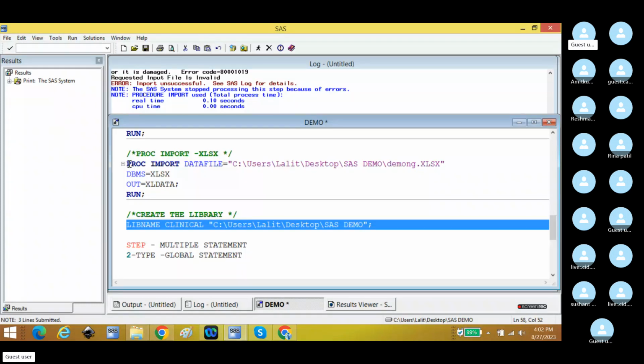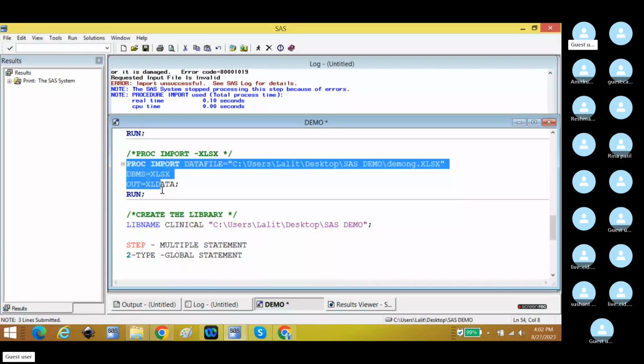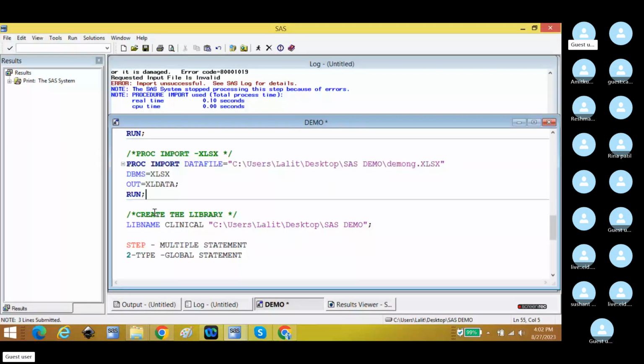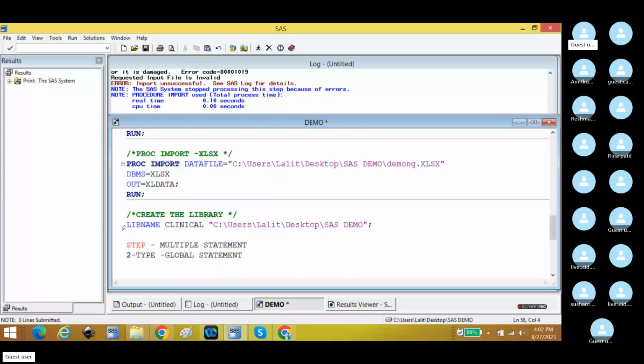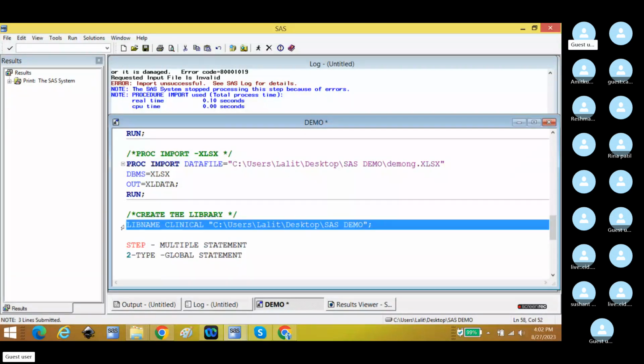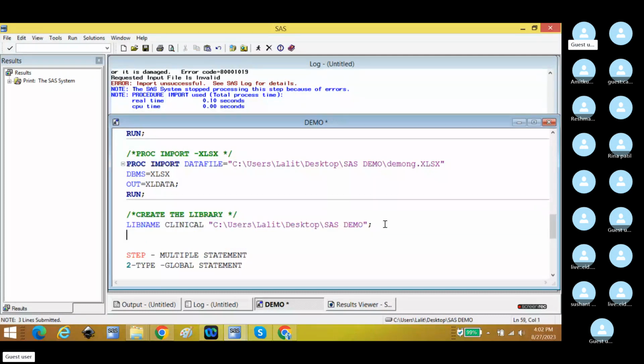You can see multiple lines I have written. Even if we check the statements, these are two statements. But here I have not written the run. I have not given multiple statements. So, for example, I told you another example of a global statement. LIBNAME is a global statement